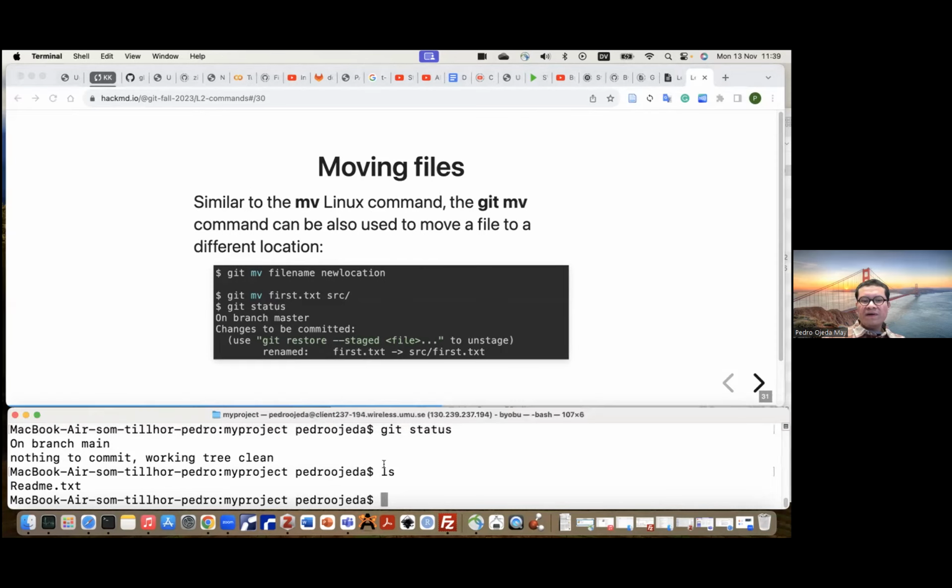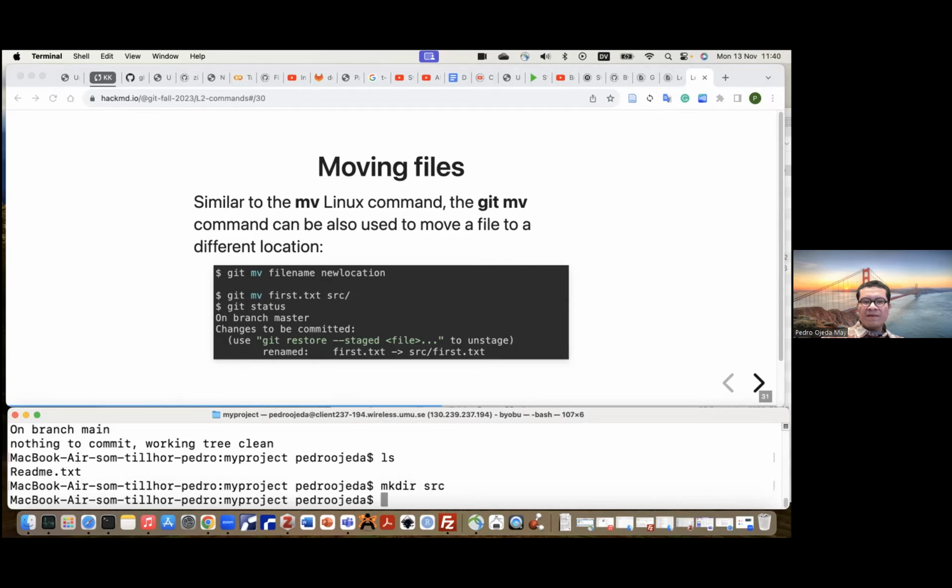For instance, if I want a folder called src, I can create it with the mkdir command on Mac or Linux, and in Windows you can just do it with the mouse buttons, right? Create a folder, src. Then if I want to move the README file to the new location, I can type git mv